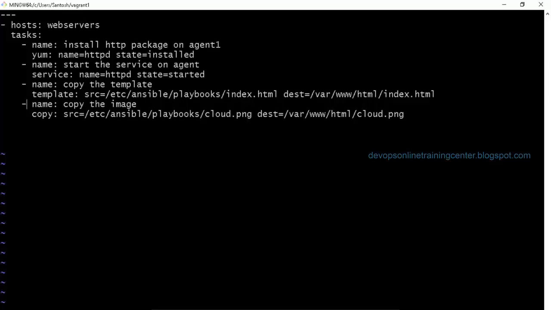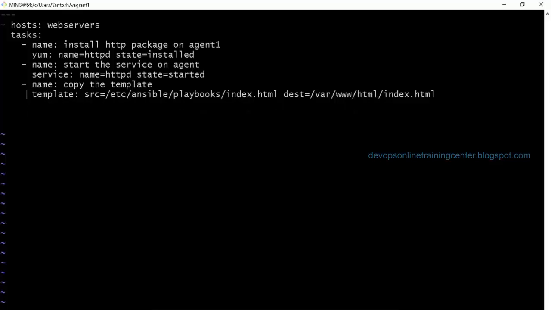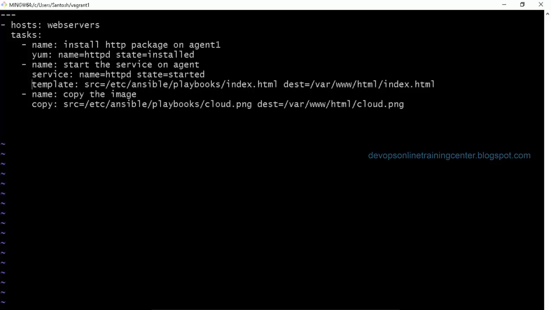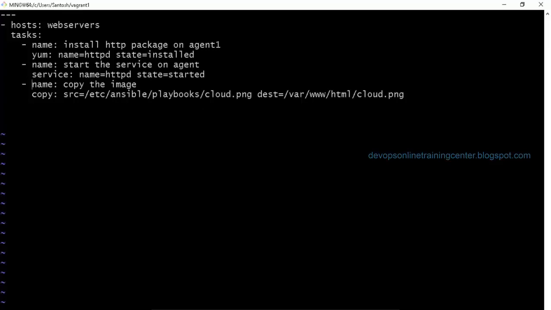We have to change the task, right? It's going to be a different task. So what is the task I need to change? Copy. Yeah. So I'll remove this template, copy the war file from server to test nodes.